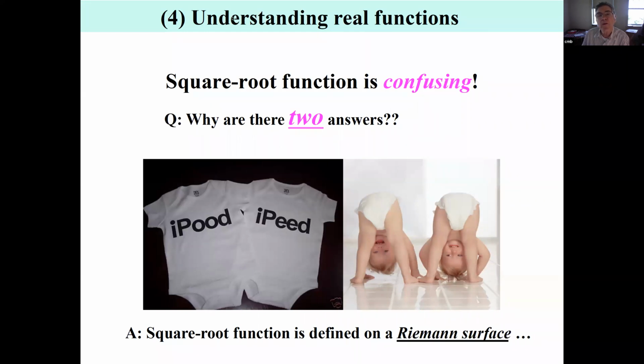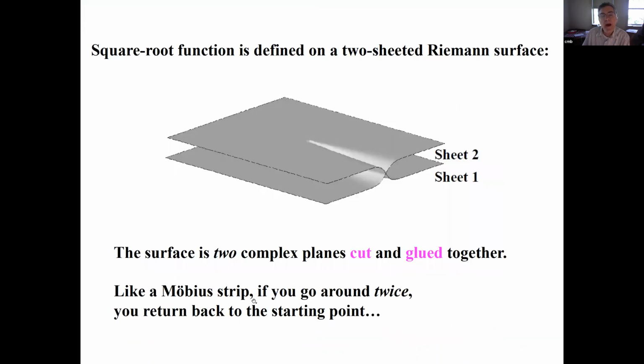Okay, so what about making sense of real functions? The square root function is a nice simple function, but in fact it's very confusing because there are 2 answers, and one function cannot have 2 answers, at least you would think. So how do you make sense of the fact that there are 2 answers? And the answer is that a square root function is defined on a Riemann surface, okay? And the Riemann surface for the square root function is a 2-sheeted surface. It consists of 2 complex planes cut over here, this is a cut, and glued together,